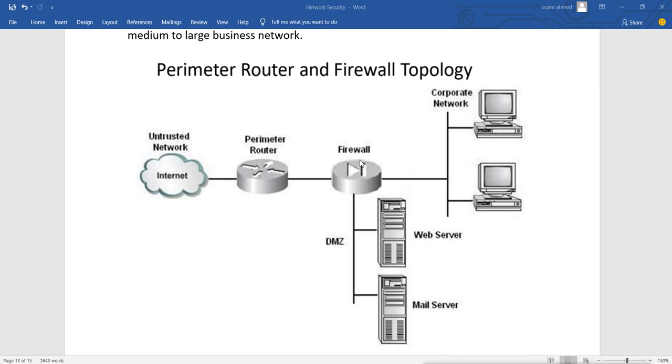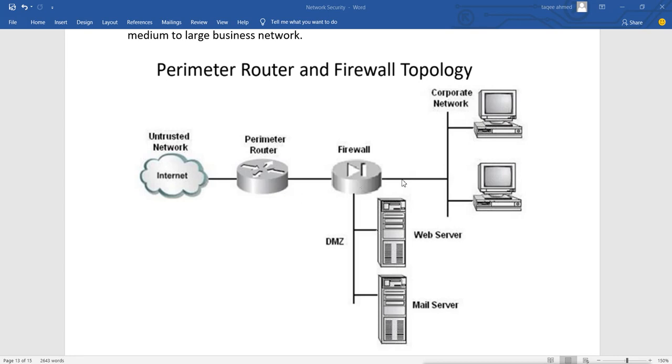After that we have one more firewall, and after that we have our corporate network, and in this corporate network we have those servers which we use only for internal use, so that we can separate our network from the external network. If any attacker is trying to get access, they can get access only up to this web server which is already available to the public.